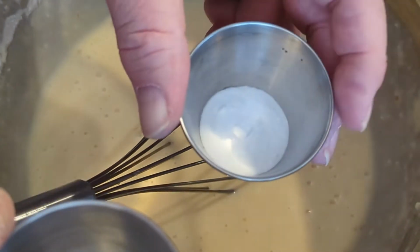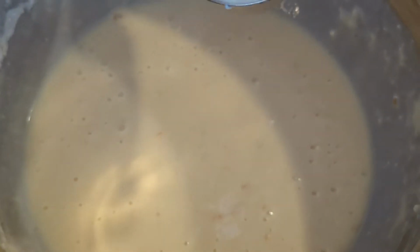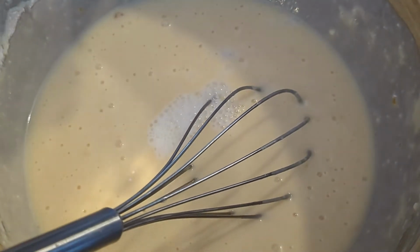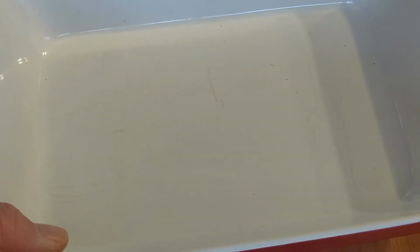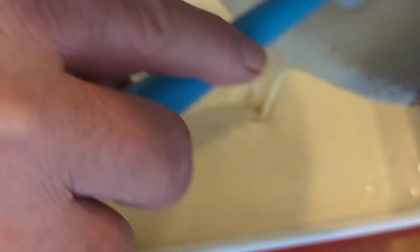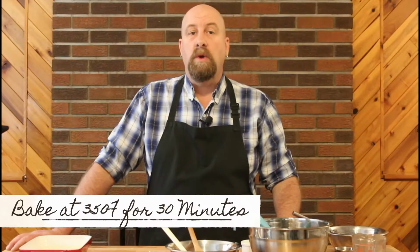And for the final step, we're going to mix our baking soda in with our vinegar, and then pour that into our mix. And again, give that a good whisk to incorporate completely. And now we're going to pour that into a 5x9 pan. And we're going to pop that into our 350 degree oven and bake it for 30 minutes while we prepare